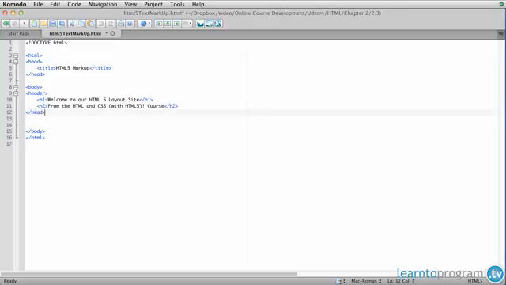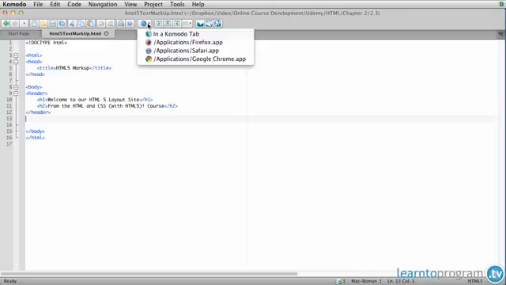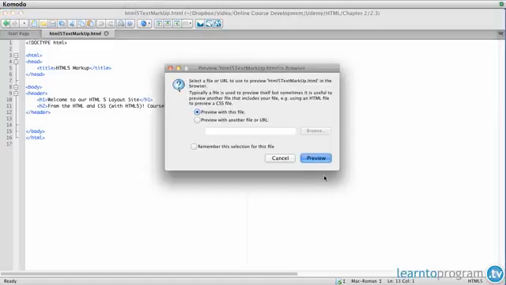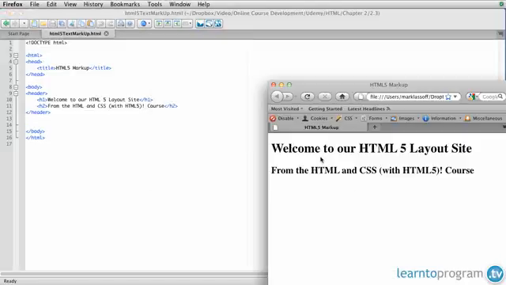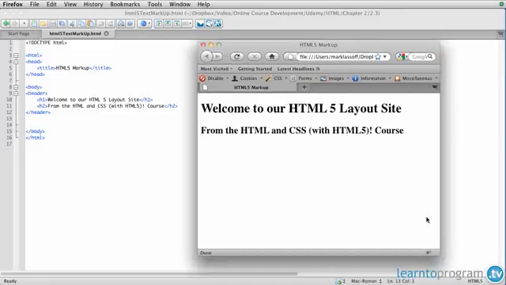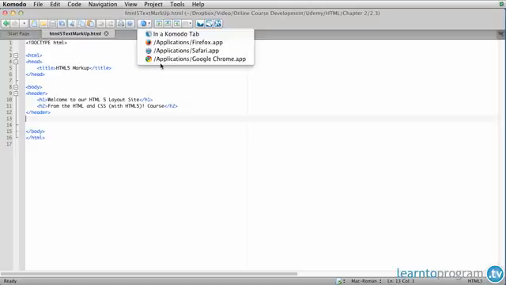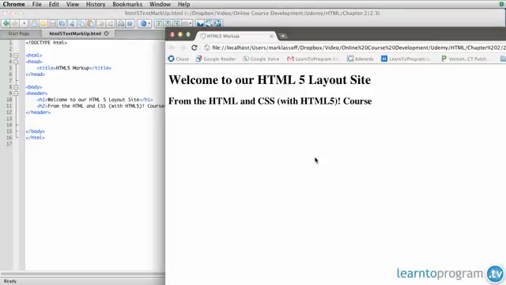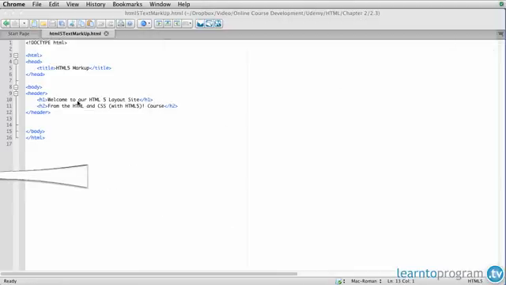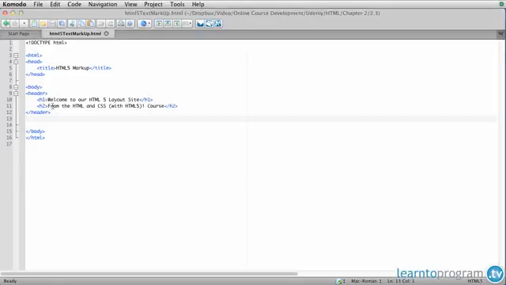Now you have to remember when working with HTML5 that not all the browsers currently are prepared to deal with all of the HTML5 code. So you may get some unpredictable things with certain HTML5 with different browsers. So there's our header. Now this I think will look fairly consistent across different browsers. I don't think we'll have much variation with this pretty simple code. Alright, so there's our header. Now, of course, we could use the header in our CSS code later to create a specific format or design